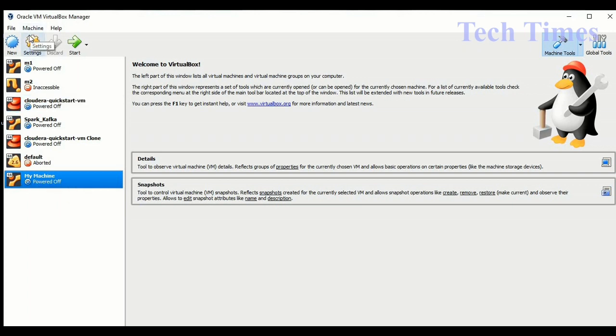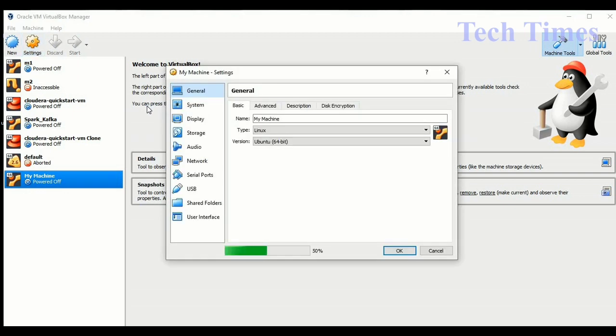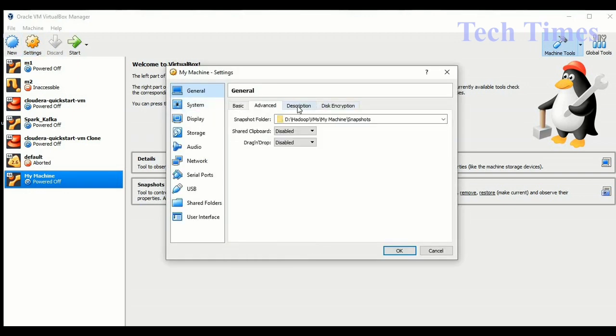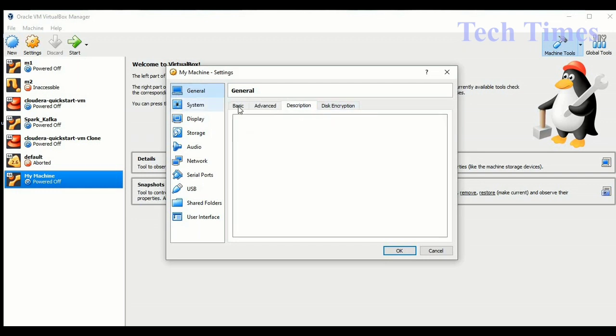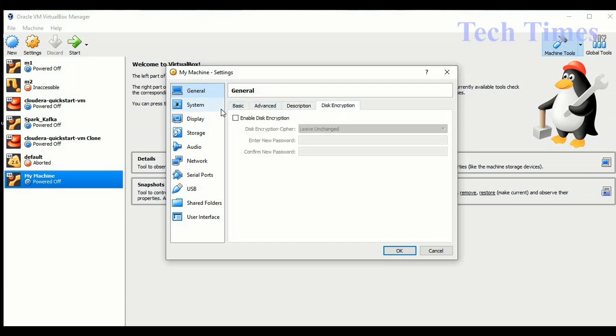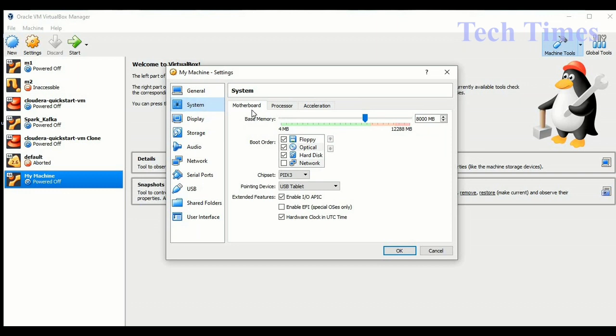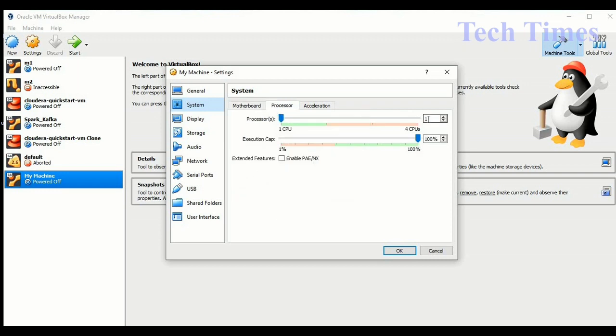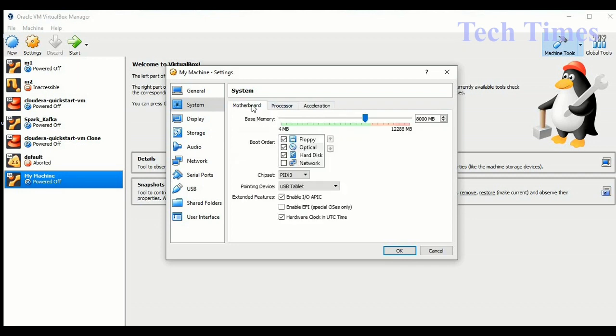Now since we have not attached the ISO file to that machine, I have to go to our settings, and there are basic settings available there. You can go through them, all of them. There are specific system related settings as well, wherein you can see the RAM is whatever RAM I have assigned to virtual machine, it is assigned there. Then the CPUs, if you want to assign any additional CPUs to your virtual machine, you can do that as well. Then there are other settings which you can go through them later.